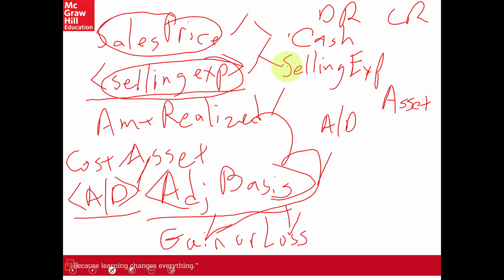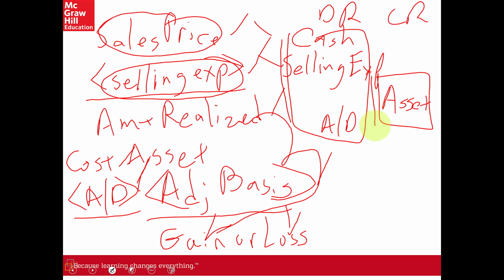So if I add up all my debits and subtract out the credits, probably it's not going to be equal. If it's equal, that means you broke even on this sale. If you have more debits than credits, that means you need more credits here on the right side. And credits here would be like revenue. Revenue is recorded with a credit. That's a gain account. Or if you need more debits to balance off, that would be a loss being debited